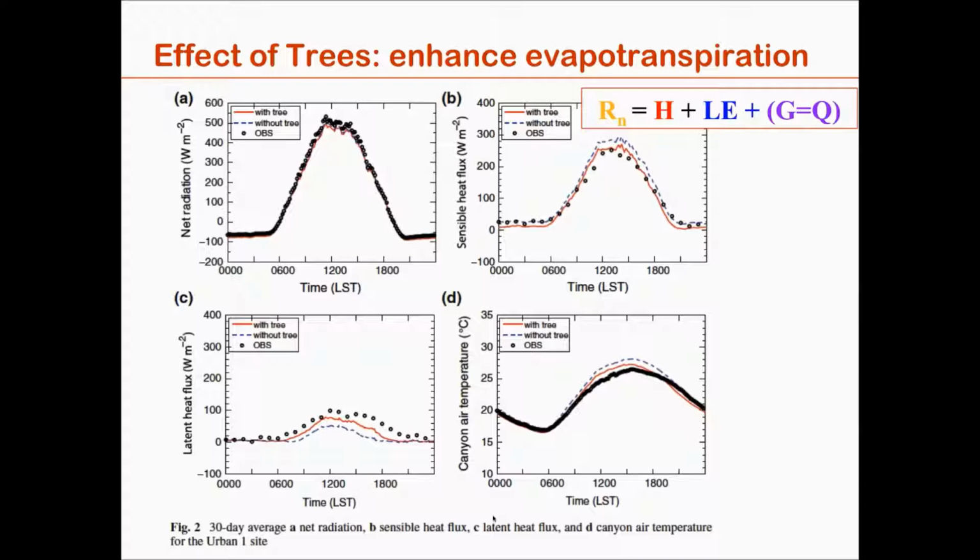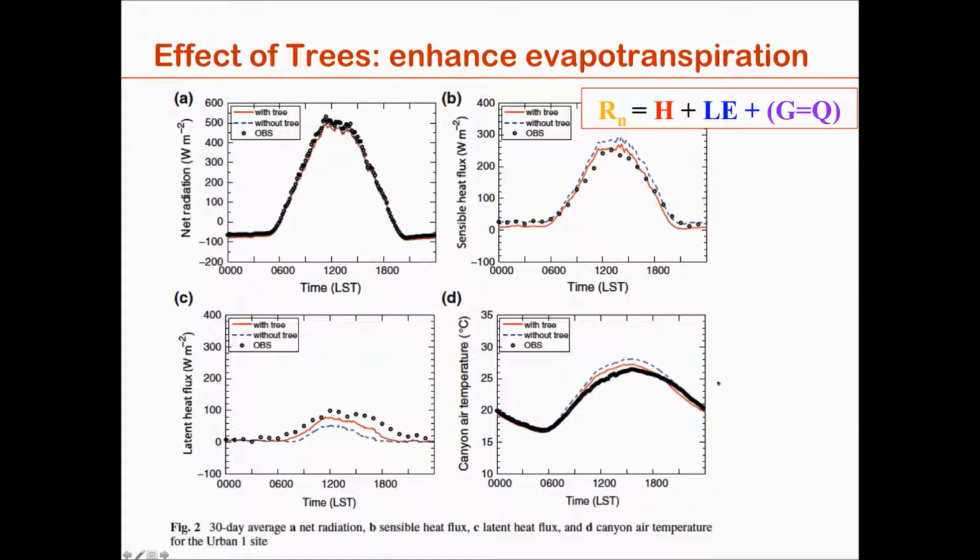Since then, we implemented trees, as I mentioned, and trees have an important impact. You have to represent them separately from just grass, because grass can only tap into the soil moisture of the top layer, while trees can tap into much deeper soil, and so they can sustain evaporation for a longer time after your last rainfall. So here I have some observations from Basel, a famous urban field experiment, and